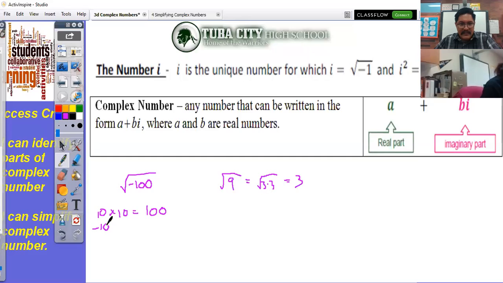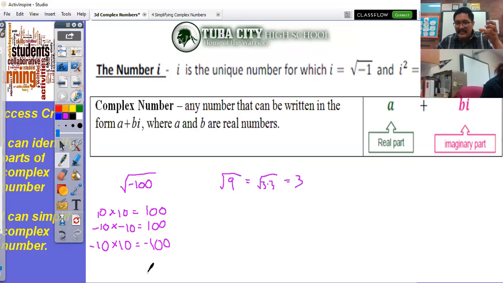So the other response is, how about negative 10? And we try that. Negative times a negative is still going to be a positive. Then they say, okay, we could go with negative 10 times positive 10. How about that? Now that does work out, but